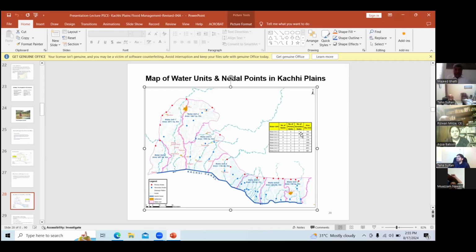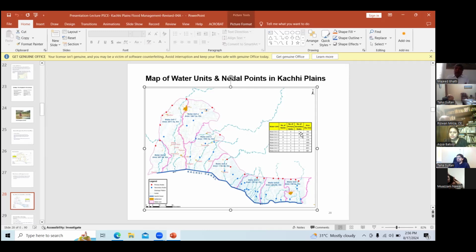That was their strategy. They divided all the 900,000 square kilometers into 7 areas, called unit areas, unit 1 to 7. Then they fixed nodal points.